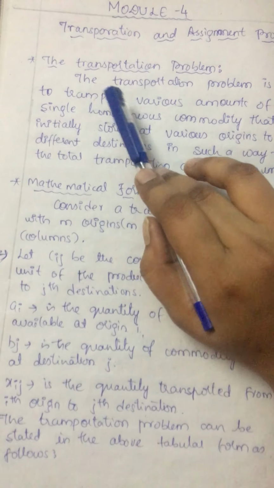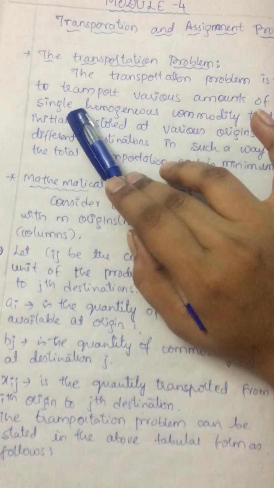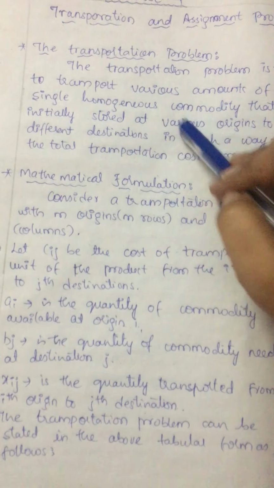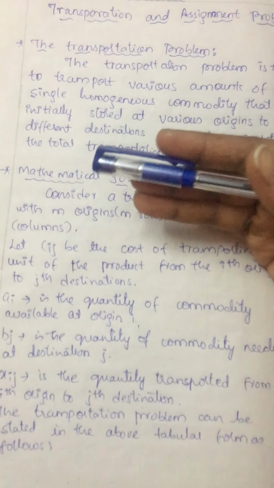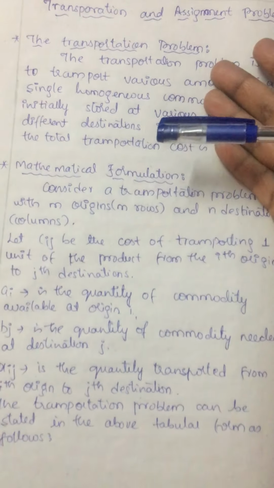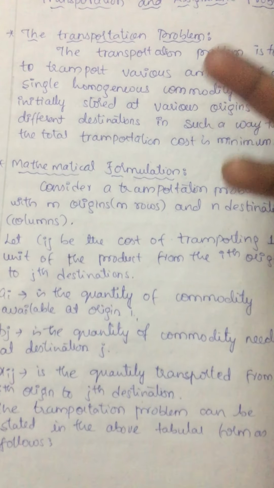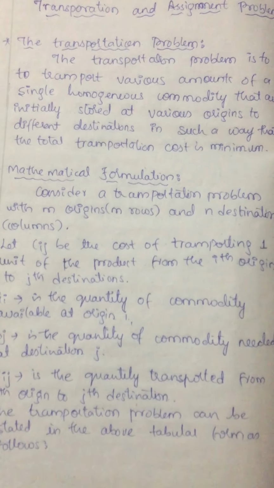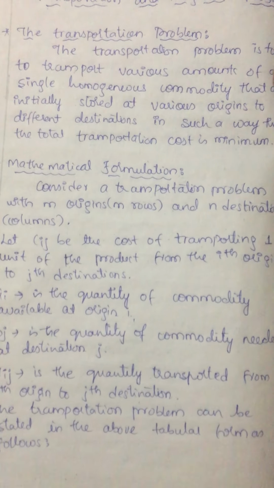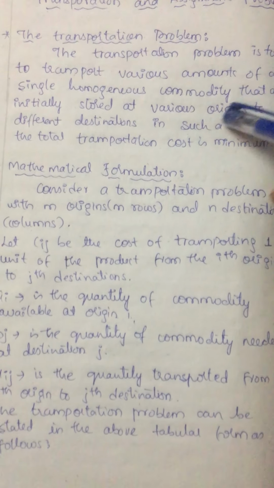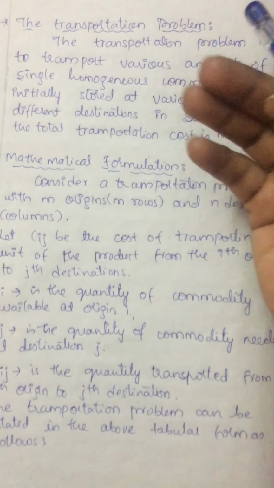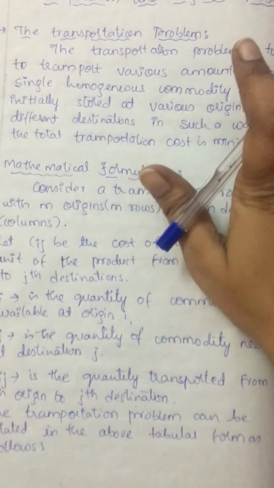Transport is transferring items or goods from an origin to different destinations. To do this, we use certain transportation facilities. If we would like to transfer goods from origin to destination, we use our own car, bike, or other vehicles, or we use public transportation such as buses, railways, aircrafts, and so on. During this time, we always think about transferring the goods with a minimum cost. Based on this, we transfer the goods.